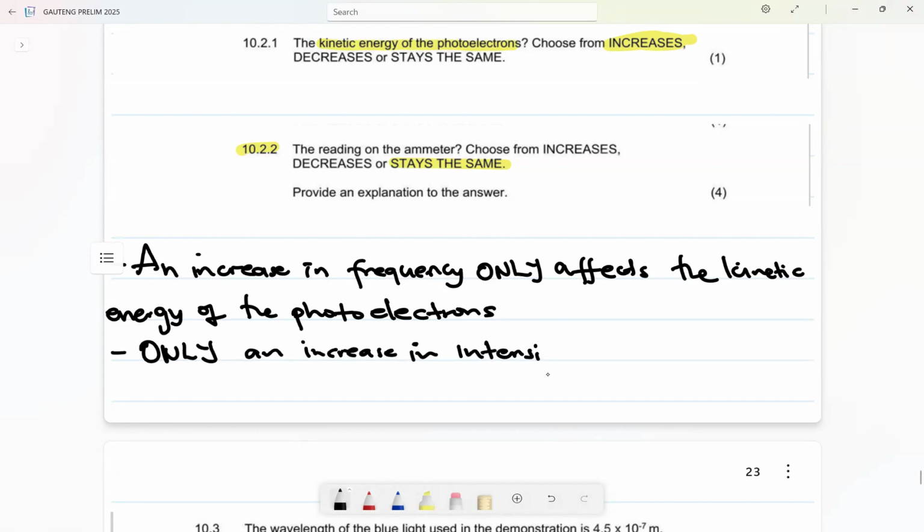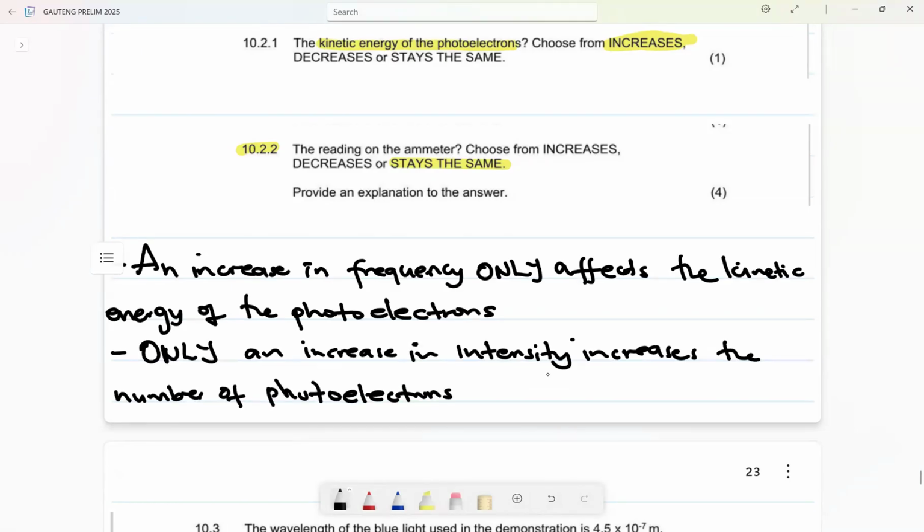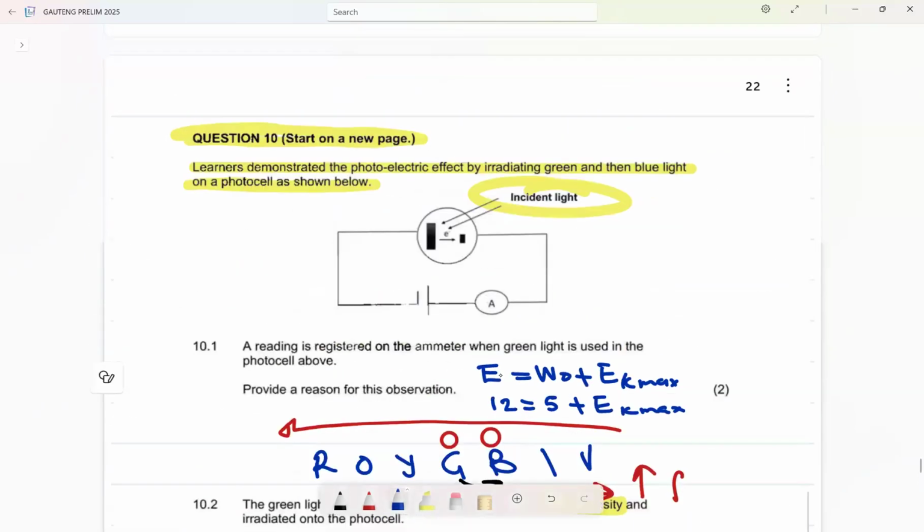Intensity increases the number of photoelectrons emitted per unit time. So if they increased the intensity instead, what happens when you increase the intensity is that more